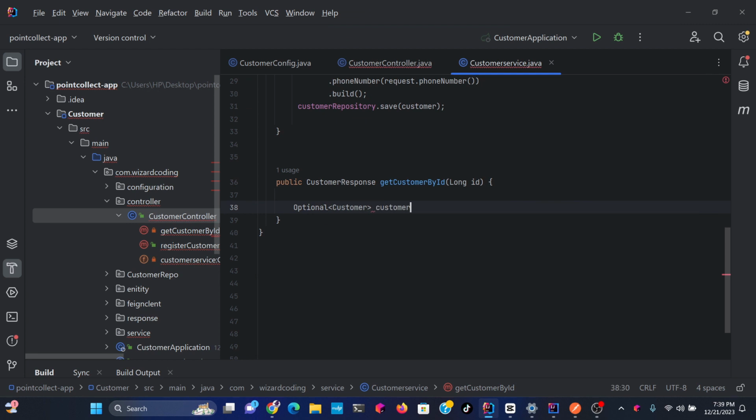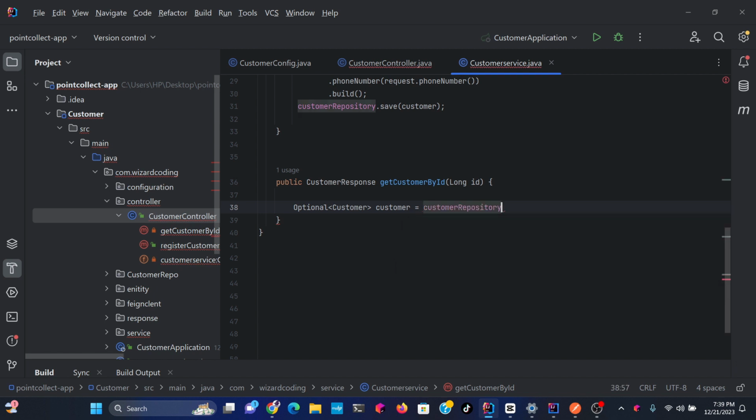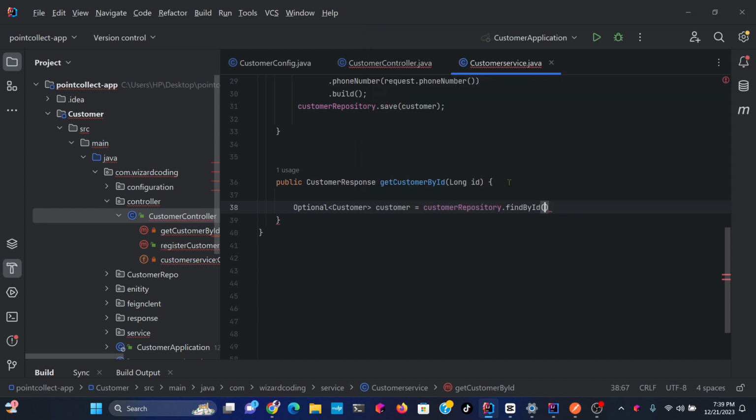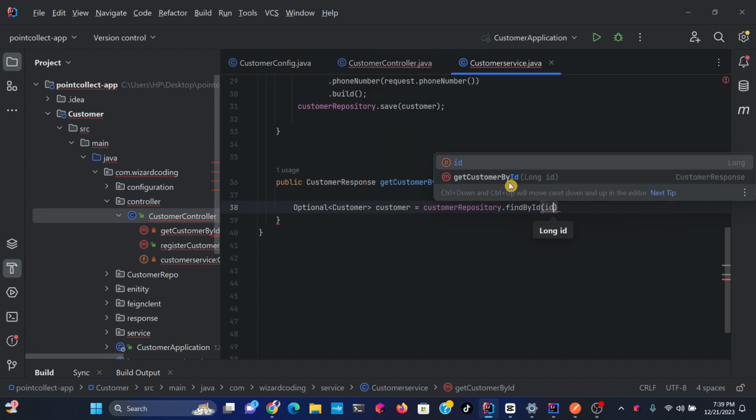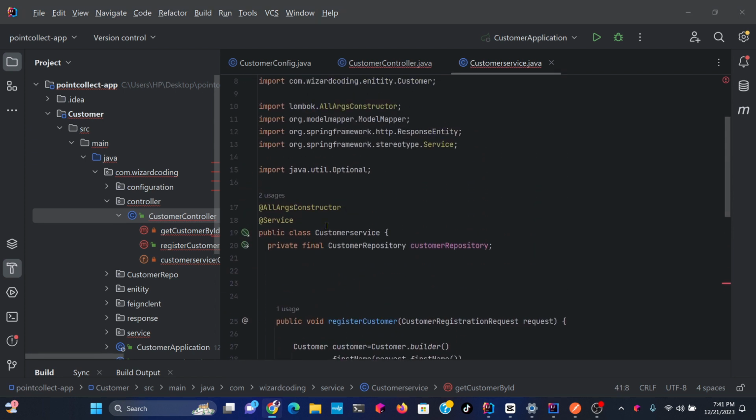So we need the customer, and we are getting the customer from the database. We are using customerRepository.findById, and we're going to pass the ID just like that. And then after that, we close. So inside our class called CustomerService, what we're going to do